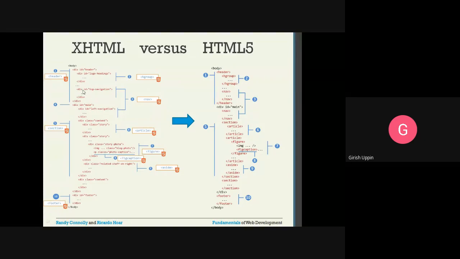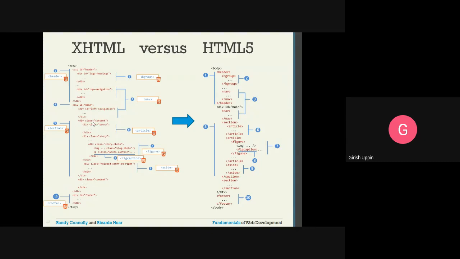And for the navigation purpose, you have a top navigation ID. Instead of that, we have the HTML element in HTML5 called NAV. We can use the nav. Okay, this complete thing comes under the header. Then here also we can use the navigation. Then for article, here you have certain story. Division class is story.